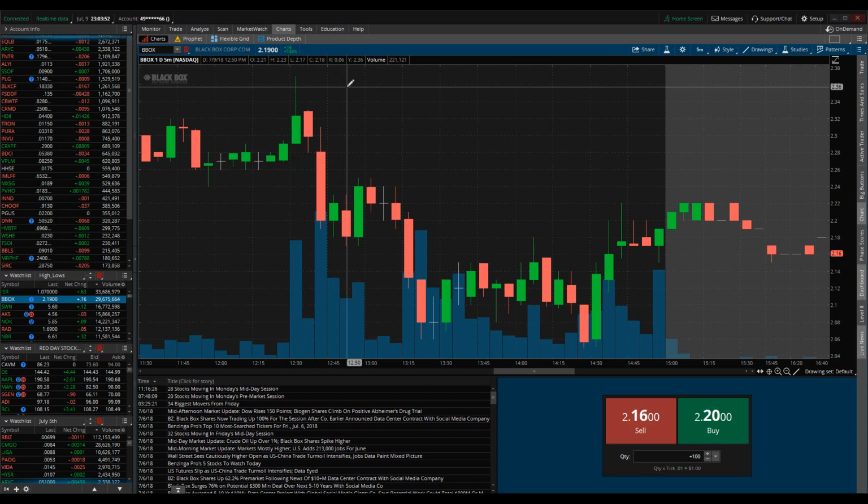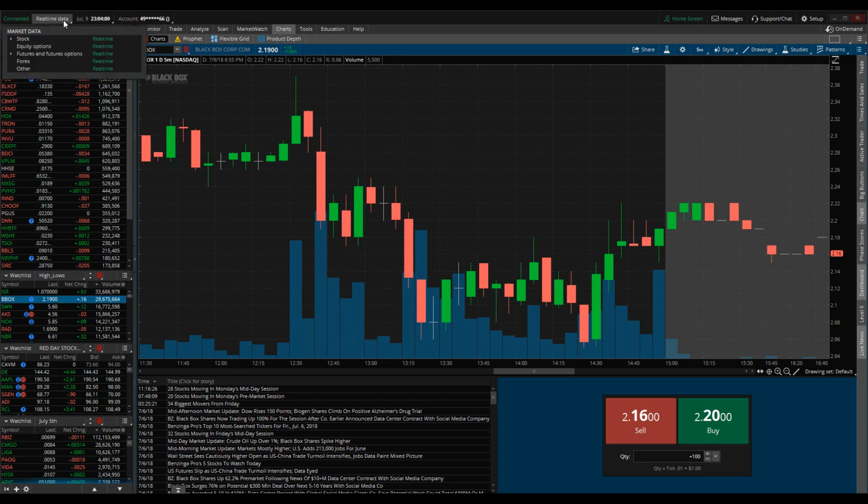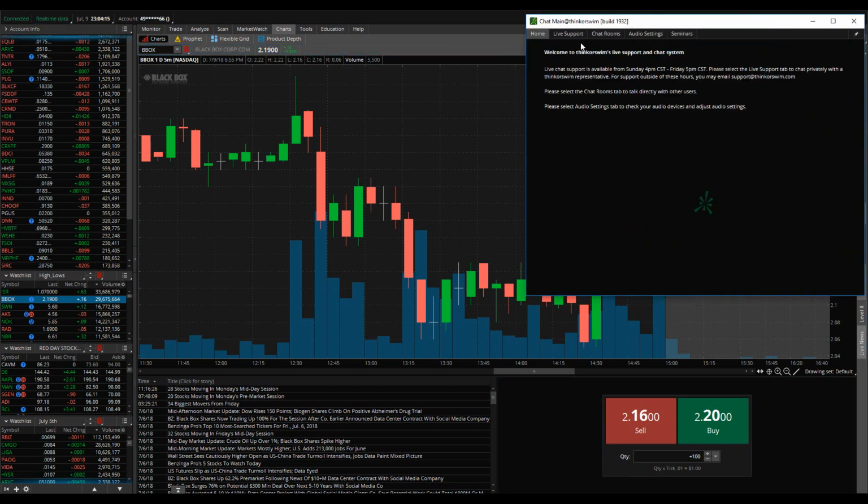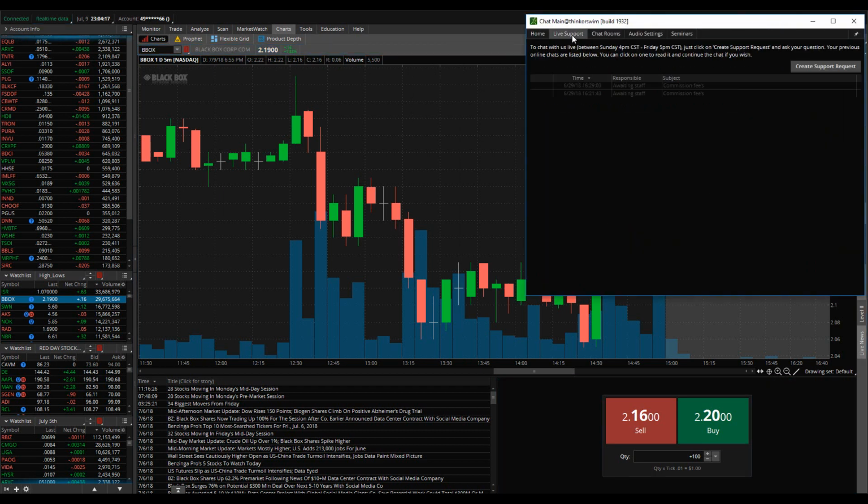So anyways, the first thing you need to do after you sign in to your Thinkorswim platform, go up here to real-time data. Click on this. Make sure all of this says real-time. If it says anything else besides real-time or looks any way different than this, come over here to support and chat. Click on live support